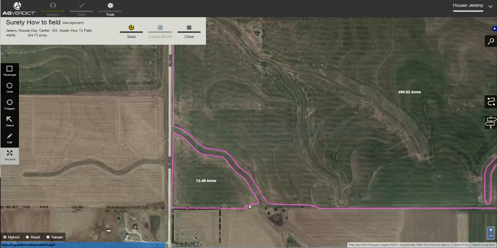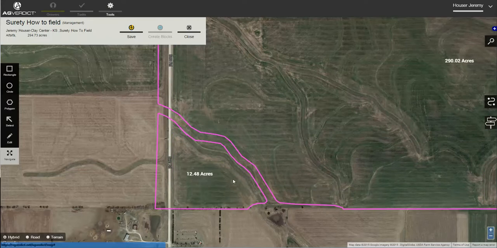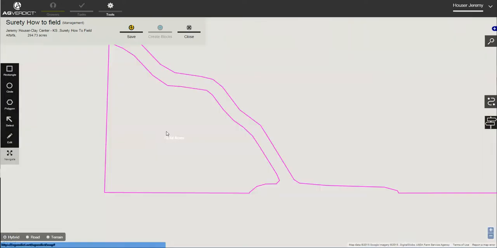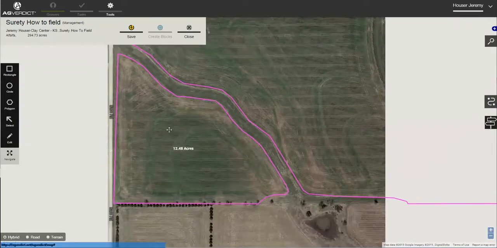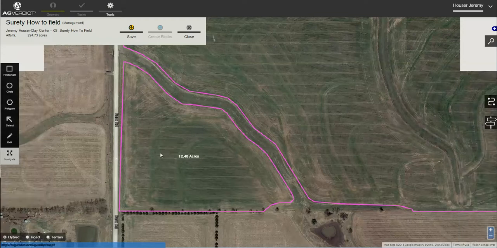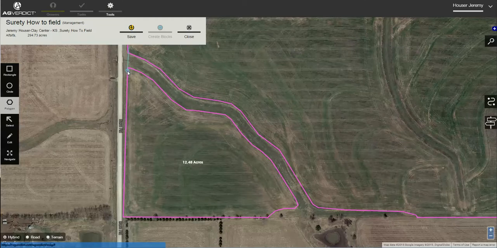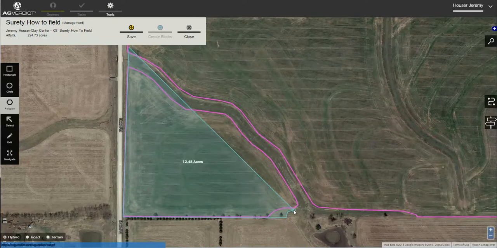I'm going to go ahead and do the same thing with this one. Zoom in just a little bit closer so I've got more detail to work with. Too far, there we go. Vertex still has a little bit of stage fright, so I'll have to give her a little bit of credit there. Go back to my polygon tool, click just outside of that boundary, and go ahead and come all the way down here to where I want that to be. Stretch it across and follow that same boundary. I know that my trees go down here just a little bit,